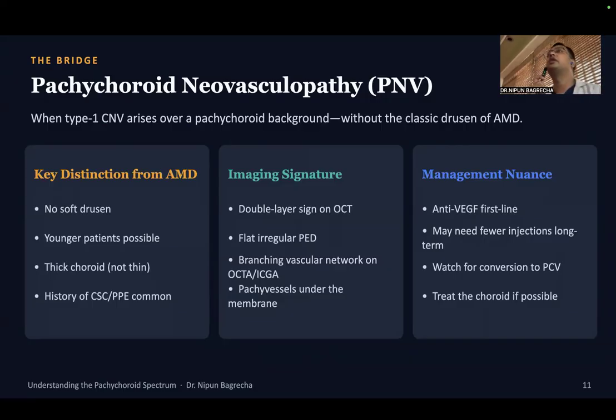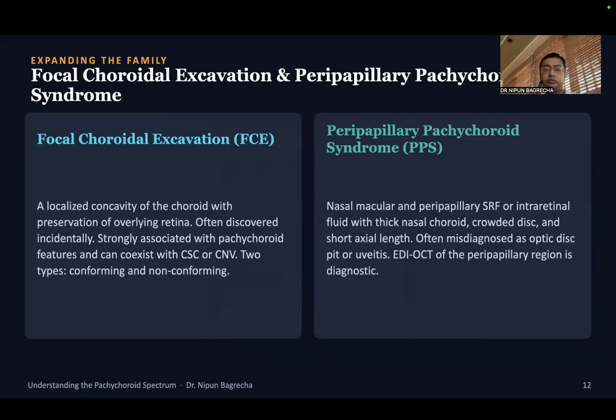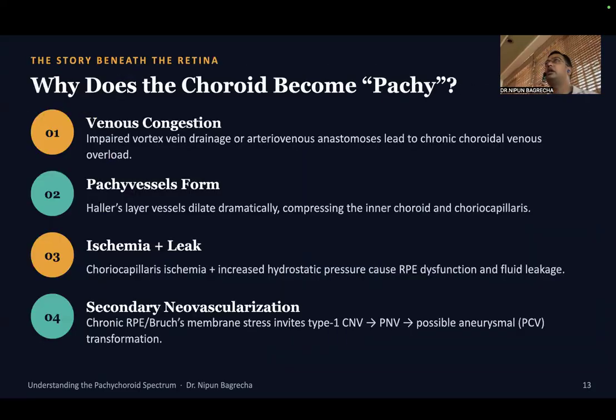And there is one entity which is called focal choroidal excavation. This focal choroidal excavation is described because of the RPE bowing and the RPE